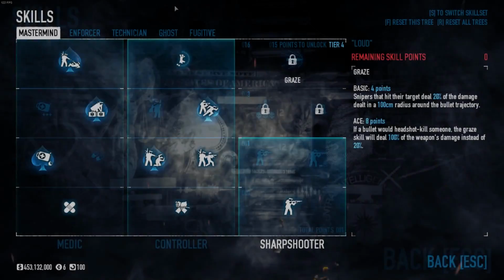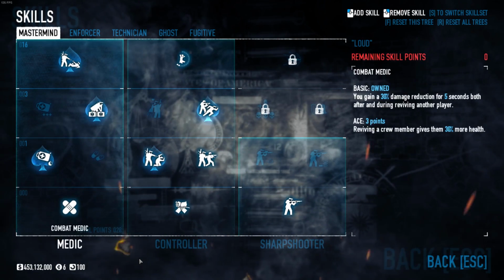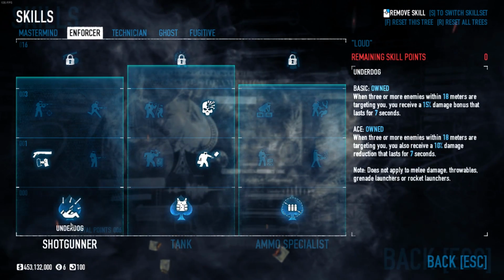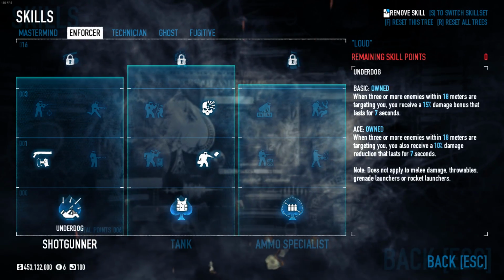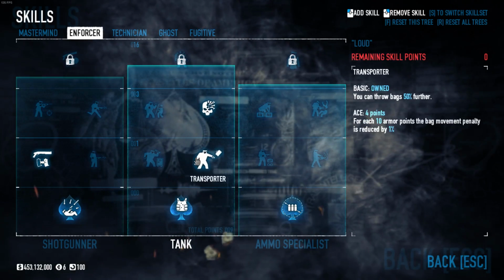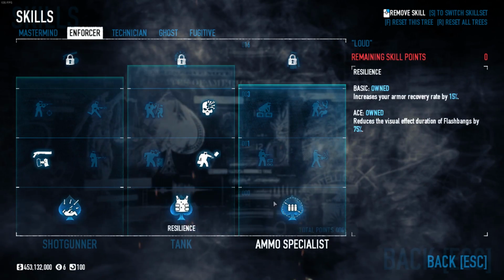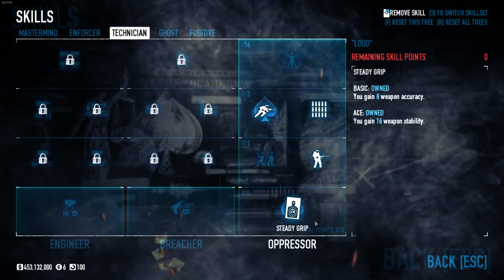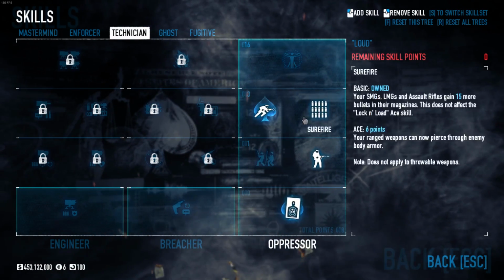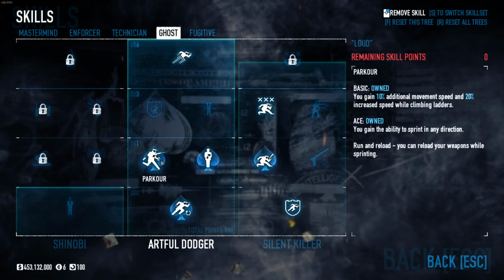So, my skills, of course, I have Inspire, Combat Doctor, and Quick Fix, all aced. I even have Joker skills to get even more health back. Underdog for damage and damage reduction, Shotgun CQB to get even more reload speed, Bullseye for armor, Transporter to transport bags, Resilience for flashbangs, Scavenger for ammo, Steady Grip, Fire Control, Surefire, Lock and Load, all for the Assault Rifle to make it more accurate, have bigger magazine, and faster reload speed, Sneaky Bastard Basic, Parkour aced, Inner Pockets aced,